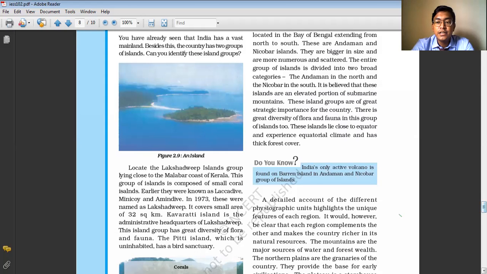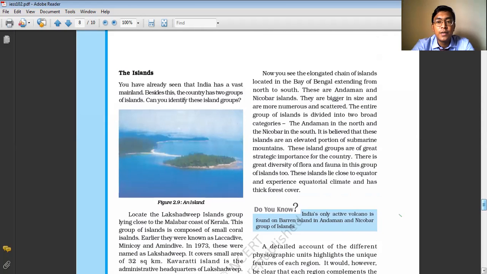Okay. On the other hand, we have the Andaman and Nicobar Island, and it is the largest island group of our country. 572 small islands combine together and form this Andaman and Nicobar Island. Okay, it is mainly divided into two sections, the Andaman in the north and the Nicobar in the south. Okay, and in this Andaman and Nicobar Island, we have some of the primitive tribal peoples living in this region actually. Okay, and even the only active volcano of India, that is the Barren Island, can be found in